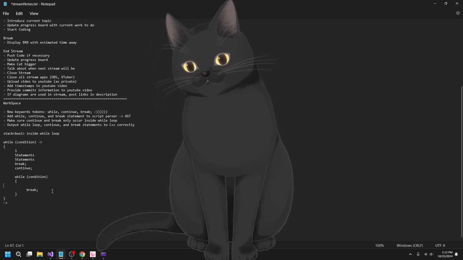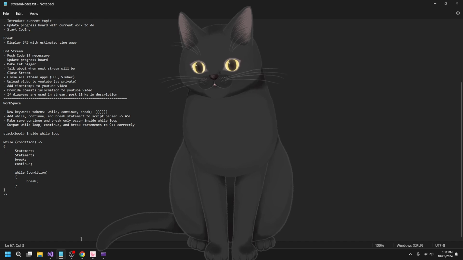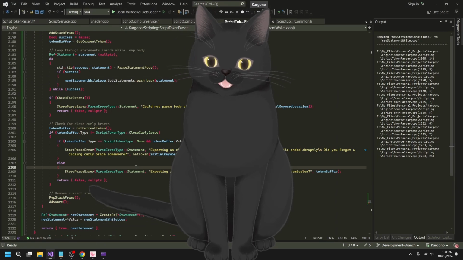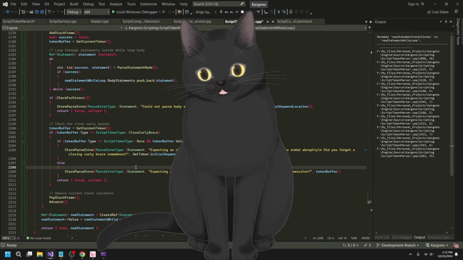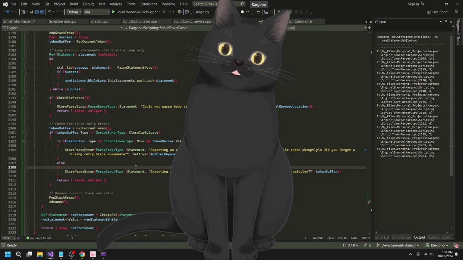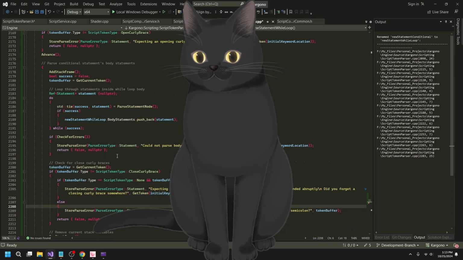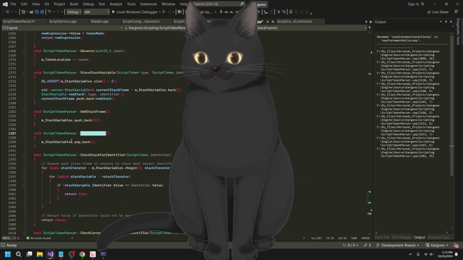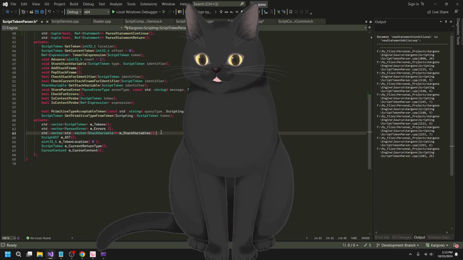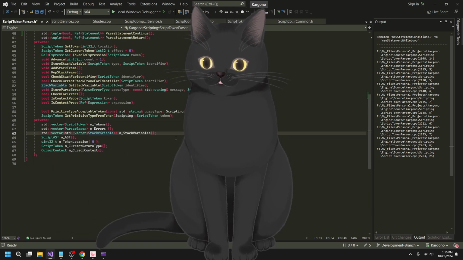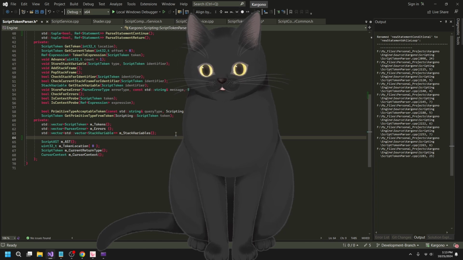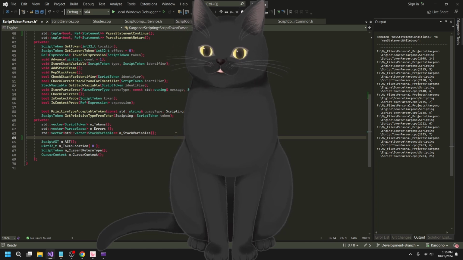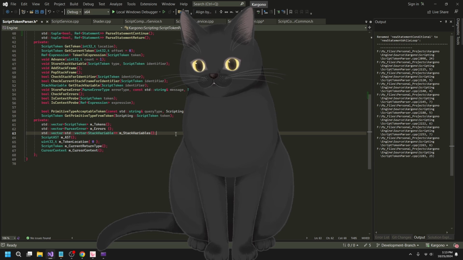So that's actually pretty easy to add, to be honest. The first thing I need to do is go into the parser and add something that keeps track of that. Let's say off stack frame. Where do I do this? Parser, mstack variables. Here. Okay, so this keeps track of all the little things while we're parsing the tokens. So what I'm gonna do is add a little thing.